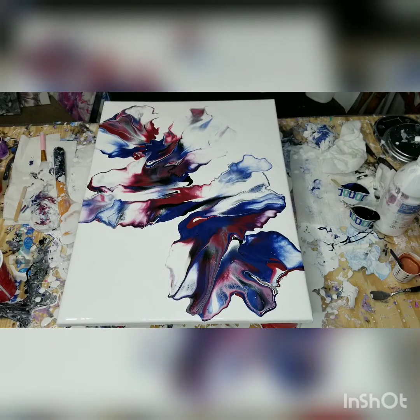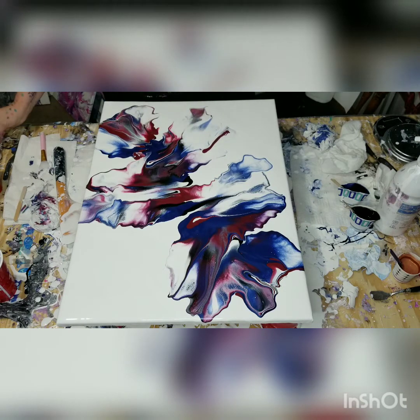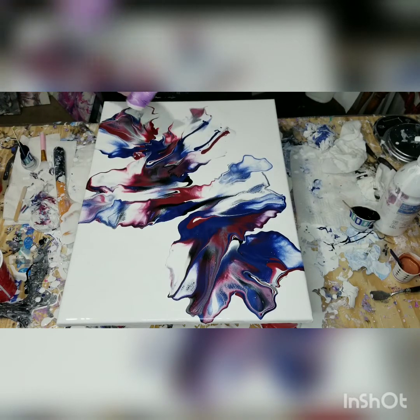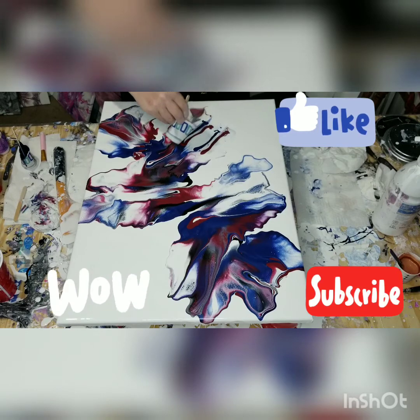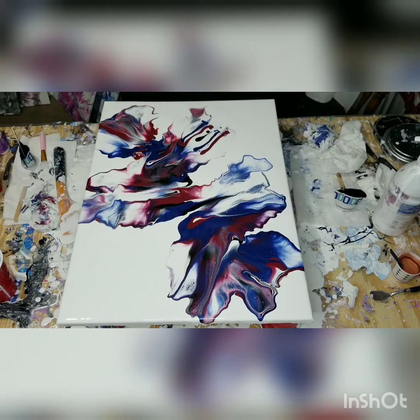This I don't like so much. So I'm gonna add a little bit of color here. These colors are so pretty. I'm going to use my mouth to blow this because I don't want the blow dryer to pick up too much and then start making it look muddy. But I don't want to put my